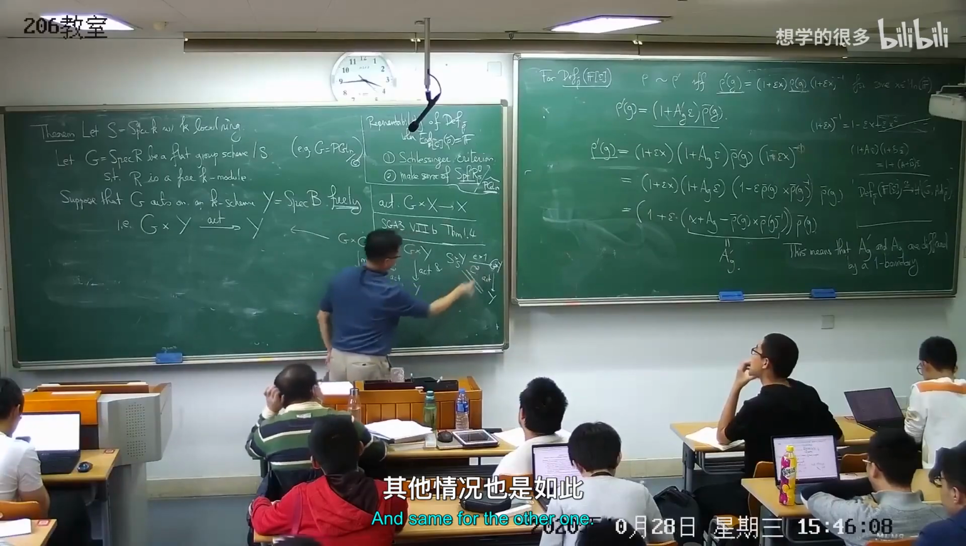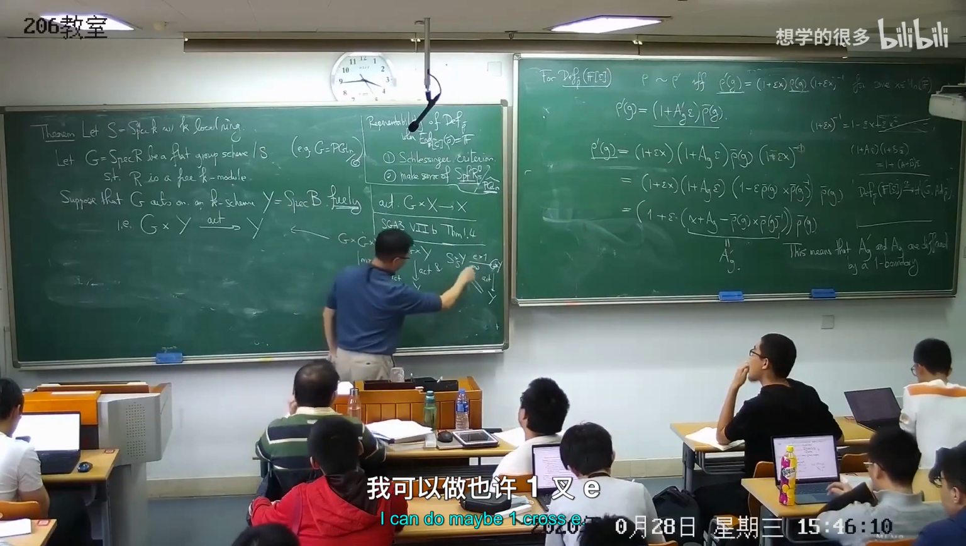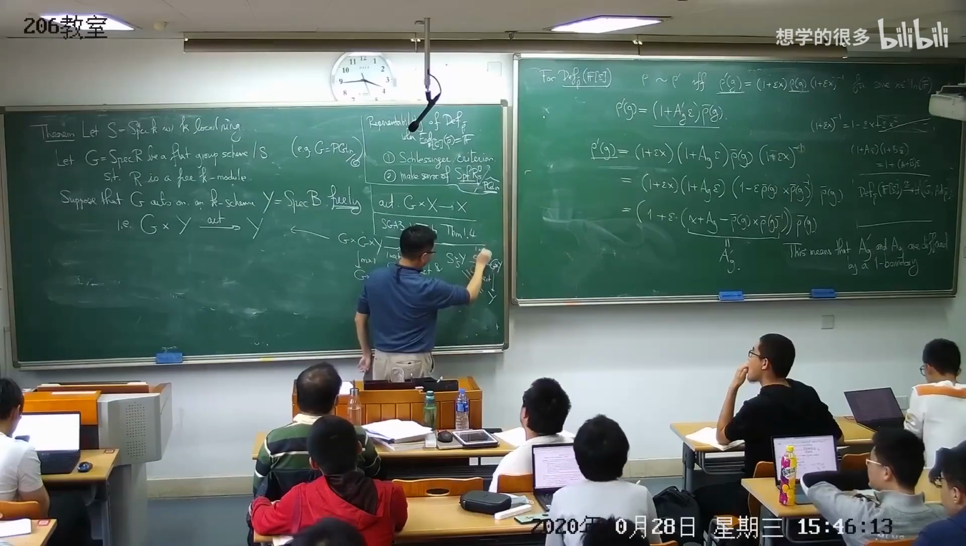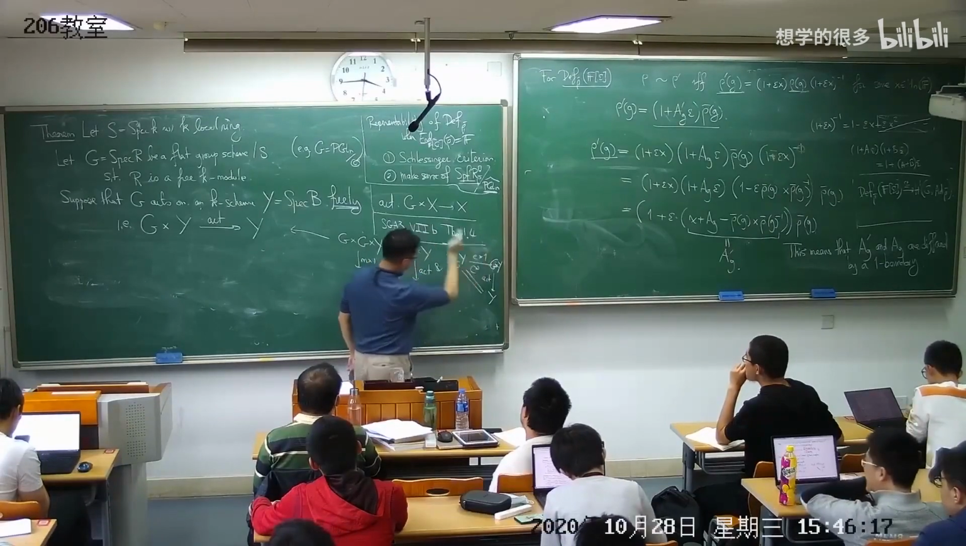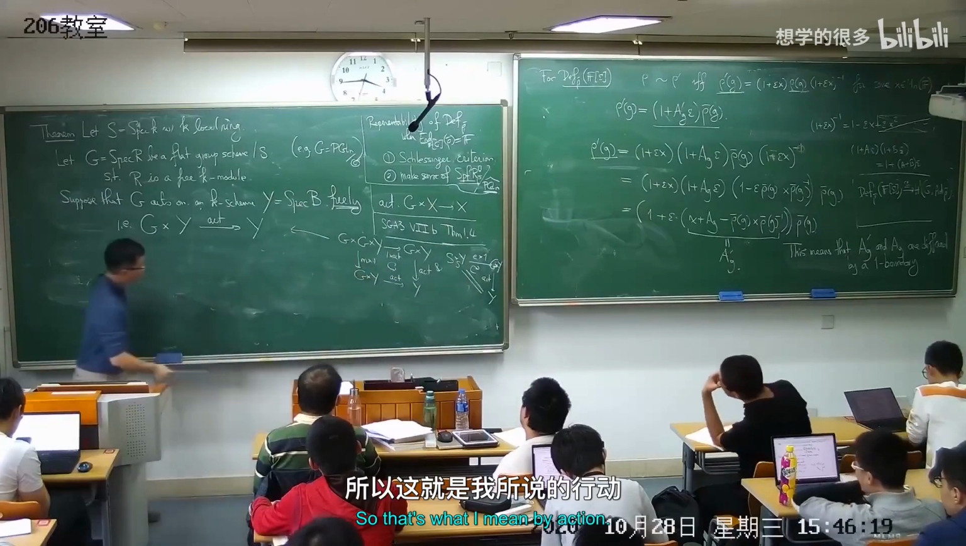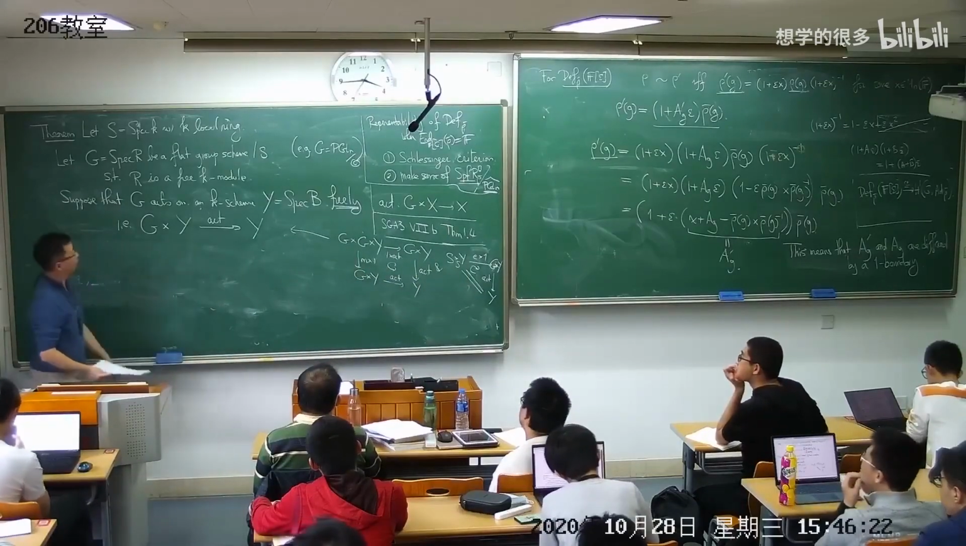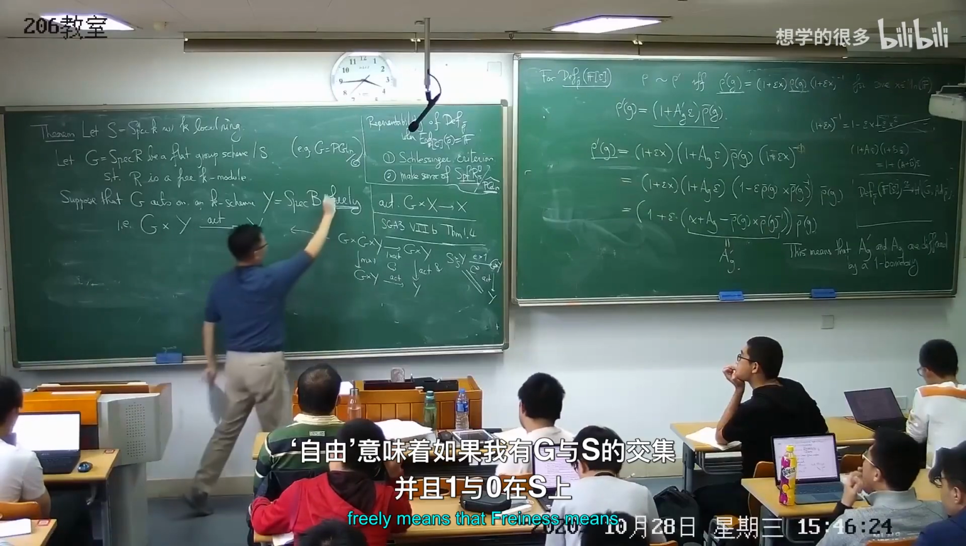And same for the other one. I can do maybe E1 cross E, in a sense that, I don't need, sorry, just that. So that's what I mean by action. Freely means that